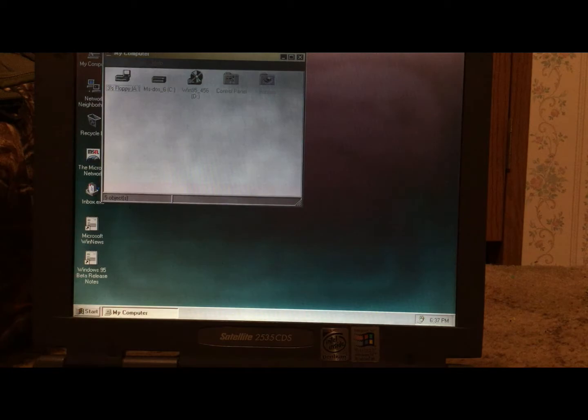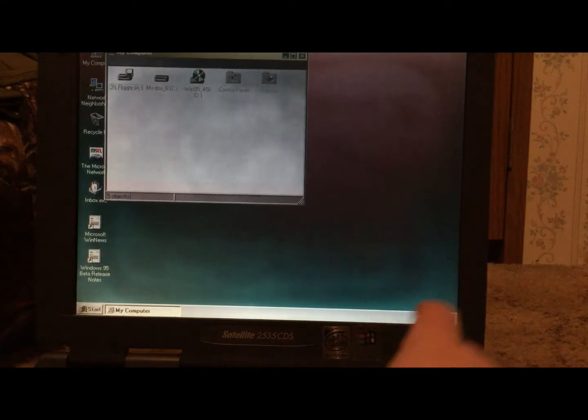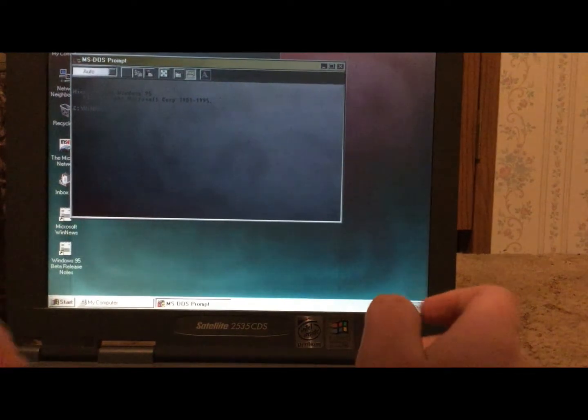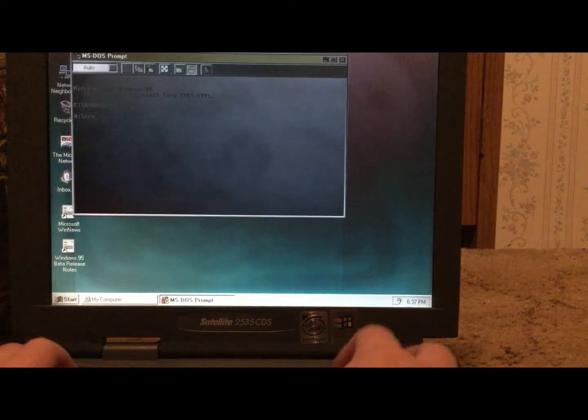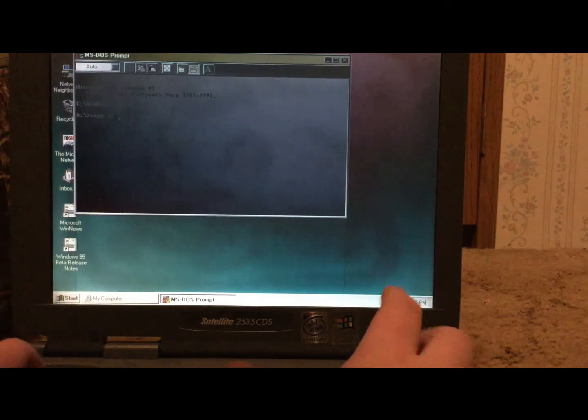I don't know if that's OHCI or UHCI. That is probably UHCI. We'll try both. So /B /U. Here, we're gonna go ahead and try that again. Let's key in R. Command A colon, copy A colon backslash